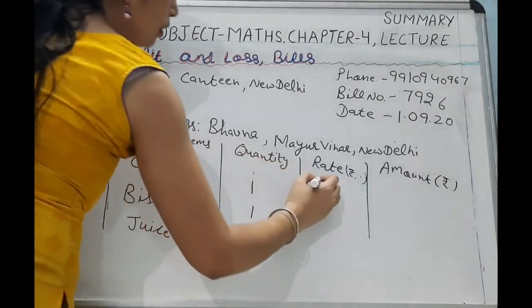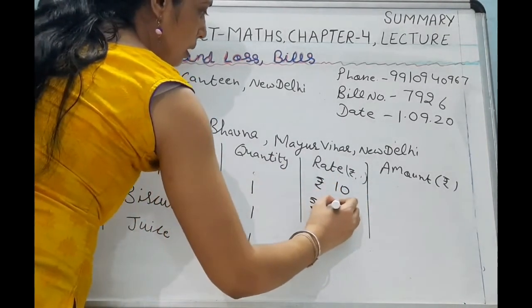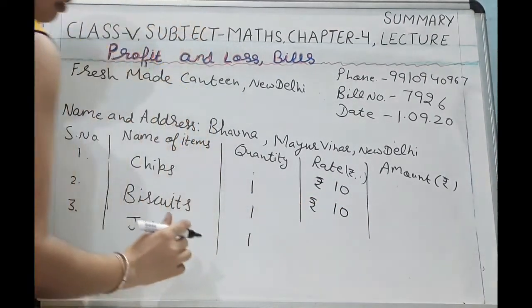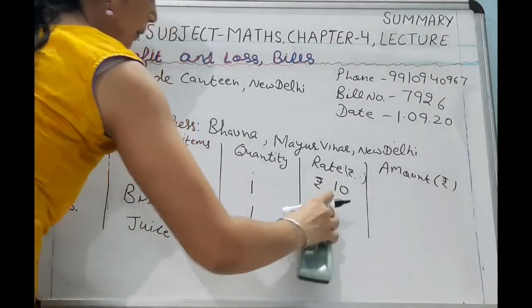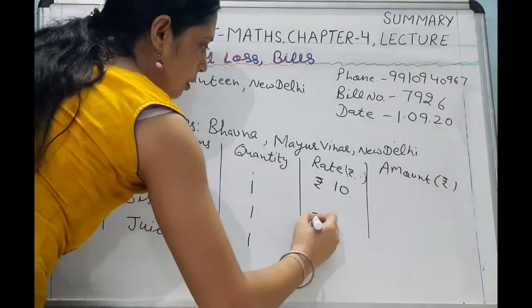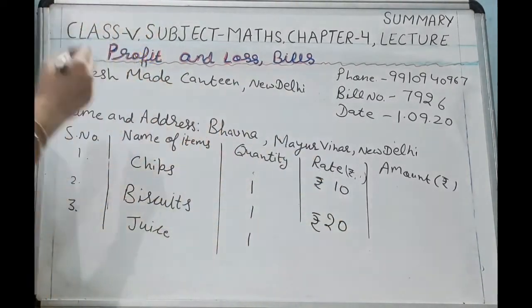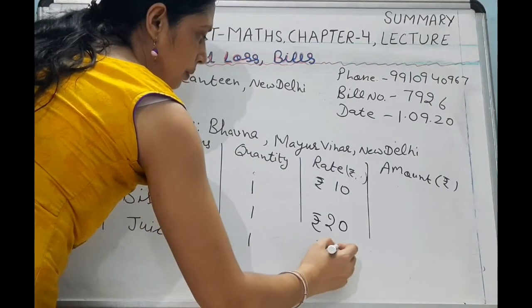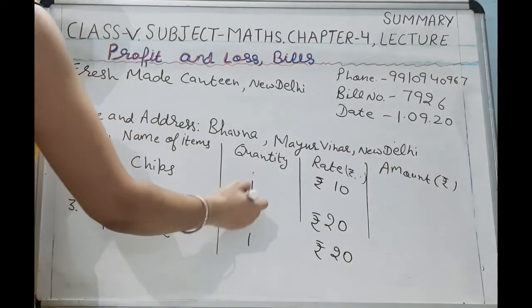Rate for chips packet is rupees 10 per packet. For biscuits it is rupees 10, and for juice packet, see, it is little up. So write down here rupees 10. You can take a 20 also because it's your wish. आप 50 रुपीज लेके गए हैं, आपकी मर्जी, आप क्या परचेज कर रहे हैं. You can change the name of items also. And juice of rupees 20. So now amount one item you have purchased.